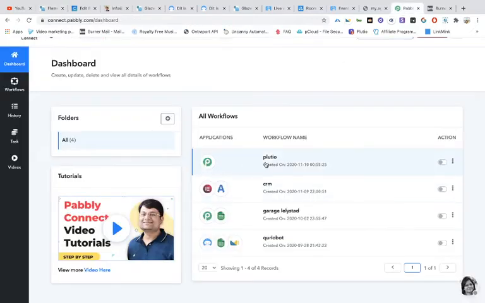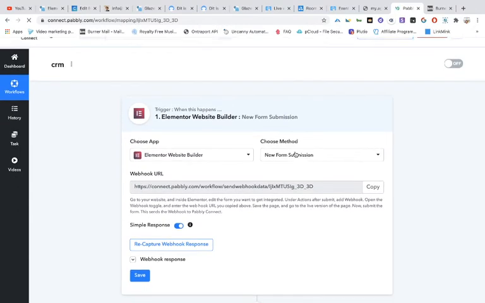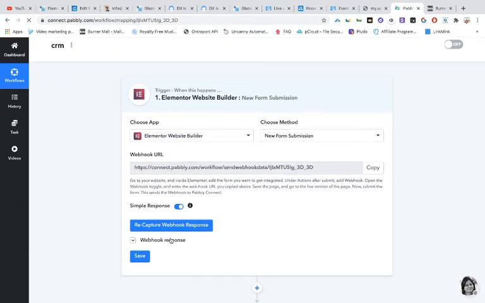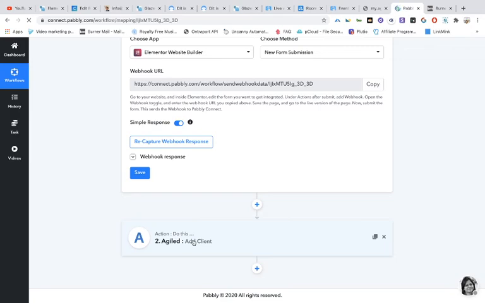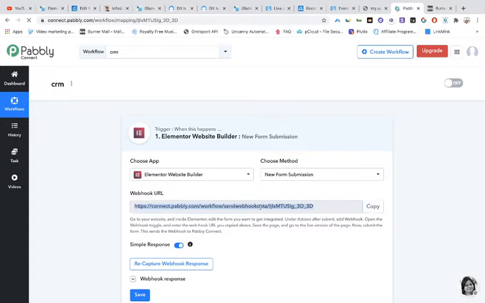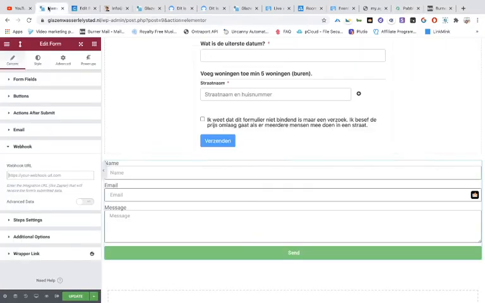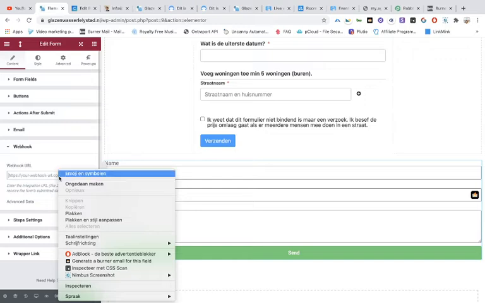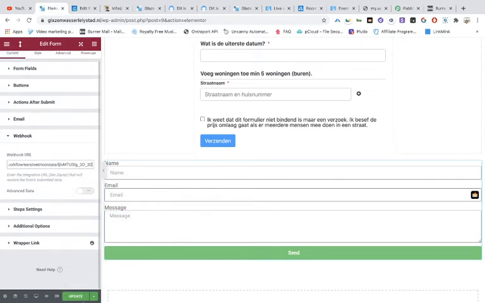For example, if you are using public connect, then you can use the webhook from Elementor, and you can put it in a second part CRM program. For example, that is just an example. So you have to make a scenario, and then you have to copy this webhook URL. Then you have to go back to your website and put the webhook in here, then update it, and